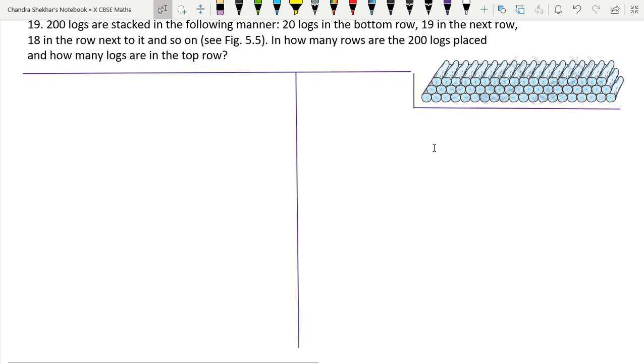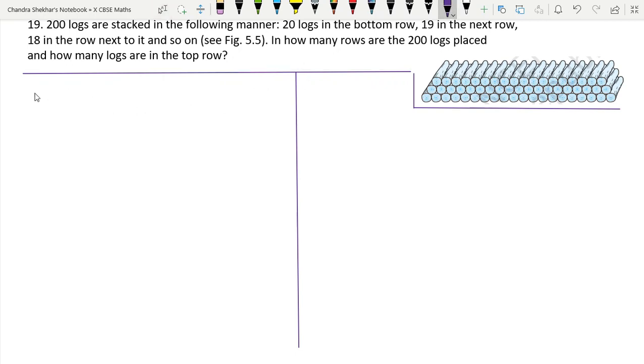200 logs are stacked in the following manner: 20 logs in the bottom row, 19 in the next row, 18 in the next row, and so on, as you can see in the figure itself. In how many rows are the 200 logs placed, and how many logs are in the top row? So basically they're asking you how many rows. When I say how many rows, it means they're asking you n,